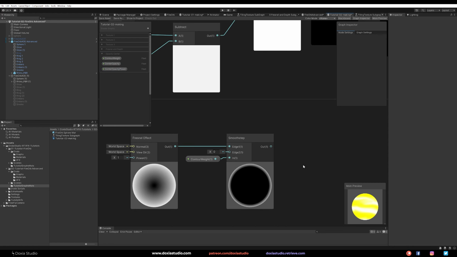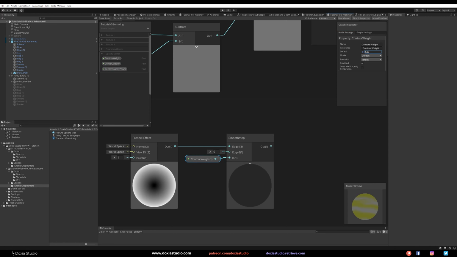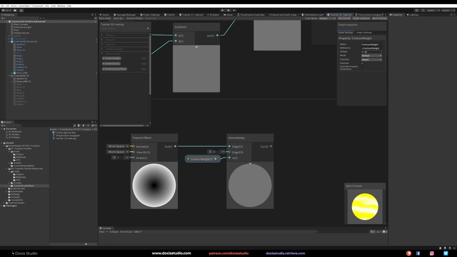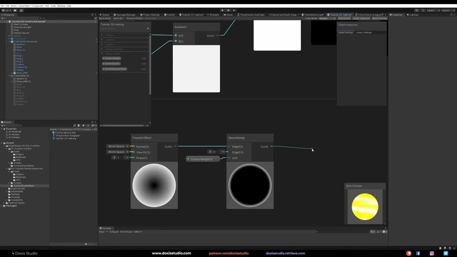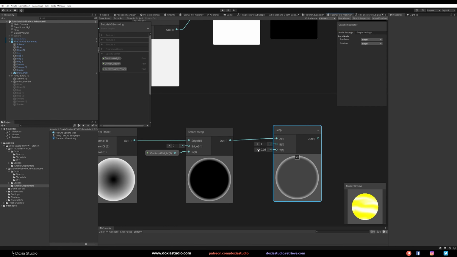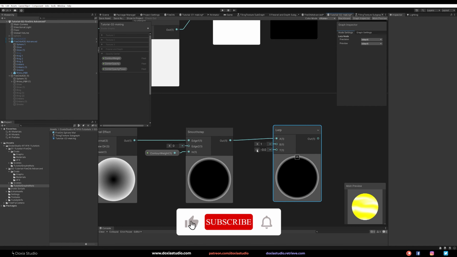So we can see here on the preview what we are doing. So the counterweight, as you can see, will control that stroke. Let's call it stroke. Let's LERP this. Oops, into the A, not T. Okay, and here on the B, and as you can see the LERP, if we change the T, it will change between the first input and the second input.